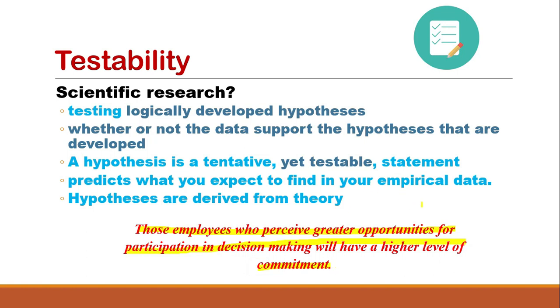Now the question is how did we come up with this tentative statement that we will test later on? The method is that we derived it from the previous literature or the theory, and it can also be based on the logical belief of the researcher. Why? Because the researcher has gone through the previous literature or previous studies. So, a scientific hypothesis must be testable, and testability means whether the tentative statement is supported by the data that we have collected or not.